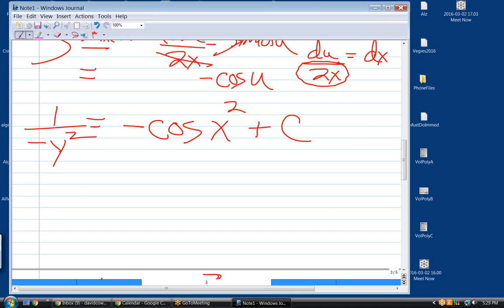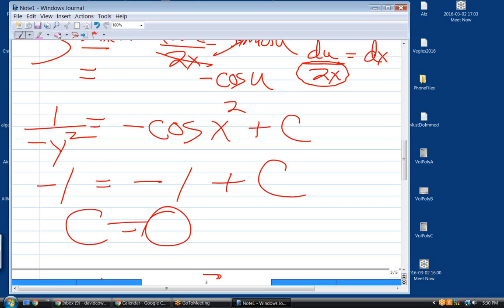If y of 0 equals minus 1, so when I put 0 in for x, my y needs to be minus 1. So minus 1 squared is 1, so I get minus 1 over there. I'm putting in 0 for x, that's 1. Cosine of 0 is 1, plus c, that tells me c is 0,